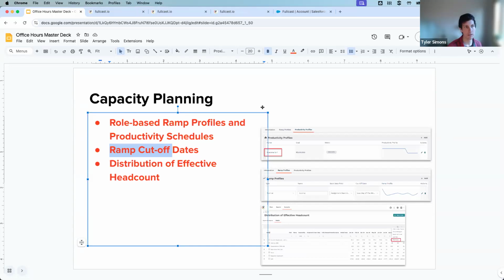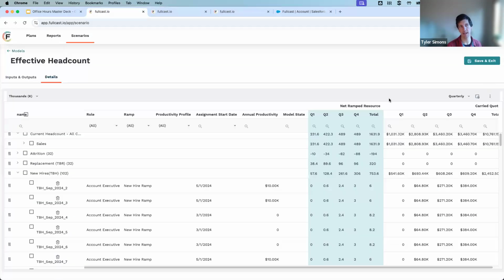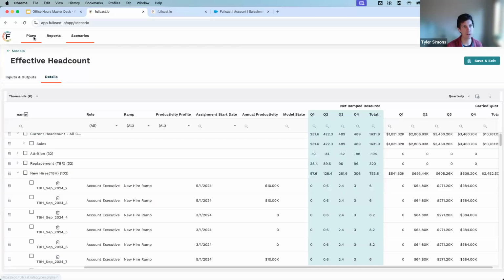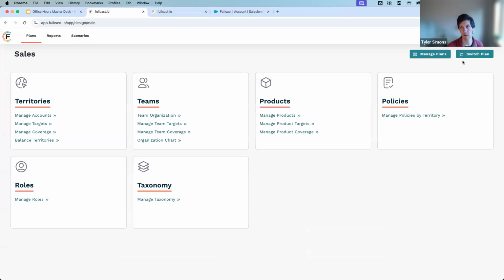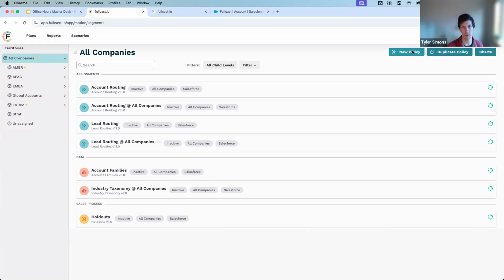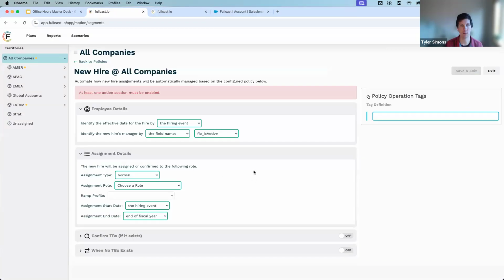All right. So next, let's talk about Copilot automation. We did release this employee departure Copilot automation a couple of months ago. We followed on with some new hires. Let's go take a look at that. So I will close out this tab. We don't need that anymore. We'll go into the policies and we'll add a new policy. So here are our 2 Copilot policies, new hire and terminate. Starting with the new hire one,